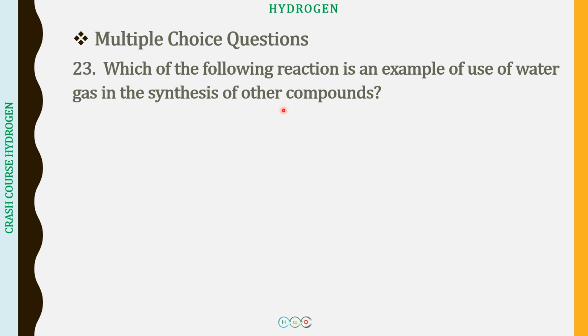Now, as I was telling you in the last slide question, we can use water gas for the synthesis of many other organic compounds, chiefly being methanol, because it will be from methanol that we will be synthesizing many other organic compounds, right? So for that, the reaction we have is that carbon monoxide and hydrogen, which is water gas, in presence of a catalyst, forms methanol. So this reaction is referred to as the reaction which we use for the synthesis of methanol.